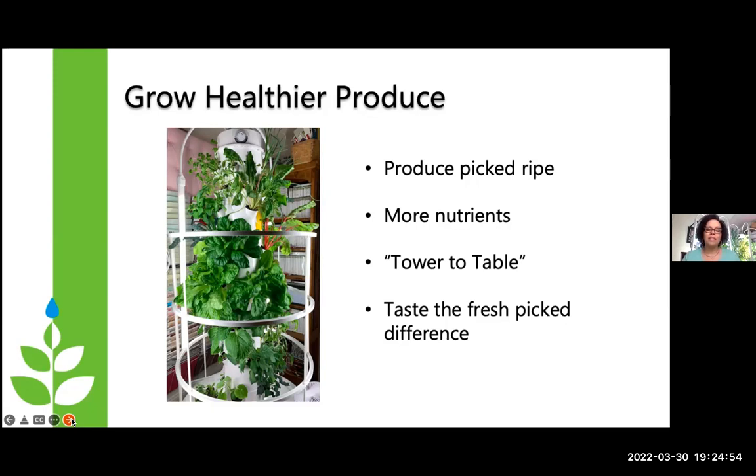But the nice thing is it tastes good. There is a definite difference in the taste of the produce that comes off the Tower Garden. And I like to say that it's better than organic. And the reason why I say that is I do plant organic produce in the Tower Garden, but it's being picked and it's not being transported. So when you think about buying organic in a grocery store, the organic produce still has to be picked long before it's ripe so that it gets to the store